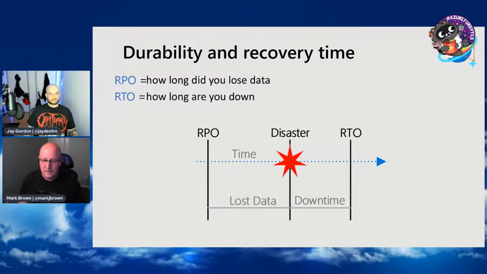And then RTO, recovery time objective, is how long you are down for, right? Each of those is something you're dialing up and down as you choose a consistency level. So if you have an RPO of 0, you can't tolerate any data loss at all, then by definition you have to use strong consistency within your database. The problem with that is that you're going to sacrifice availability.